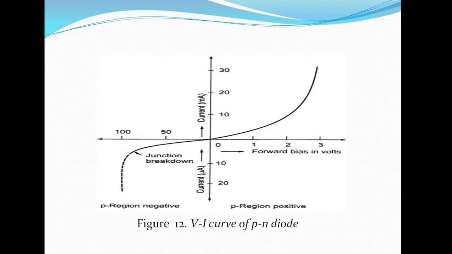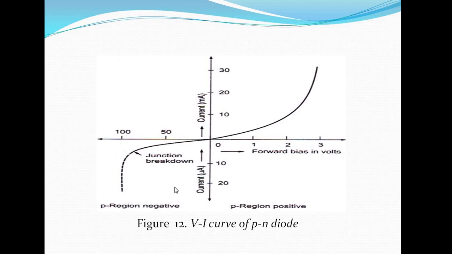Here you observe that this is the forward bias. In the forward bias, up to a certain voltage there is no increase in the current, but after that, by changing the voltage by a small amount, a huge current results. The current value rapidly increases. This voltage is called the knee voltage or operating voltage. This voltage is utilized to break the potential barrier.